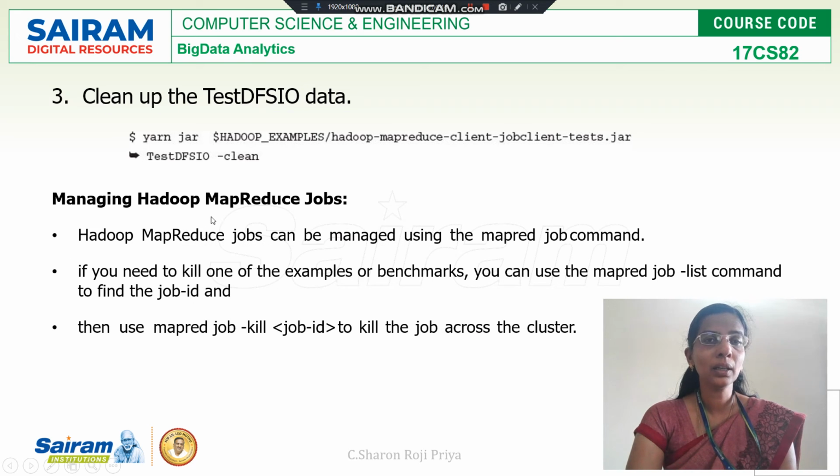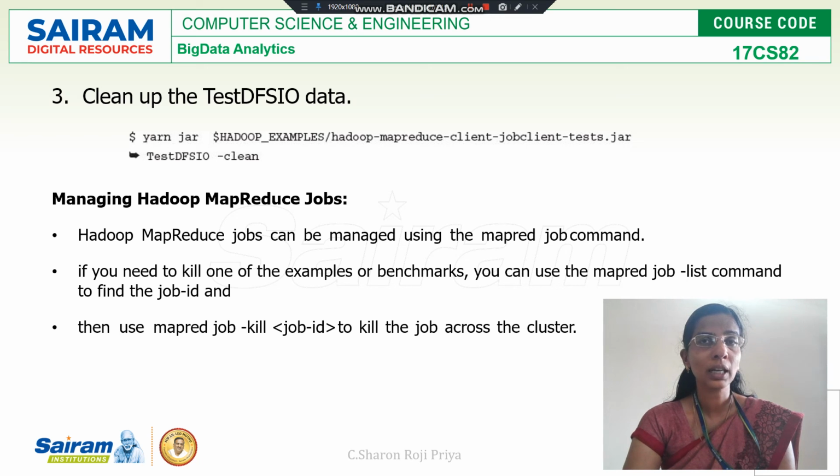Next is managing Hadoop MapReduce jobs. To manage Hadoop MapReduce jobs, I have a command known as mapred, M-A-P-R-E-D. This command is used to manage all your MapReduce jobs. And we have 3 options for this command: -list, -kill, -status. Suppose you want to kill a MapReduce job.